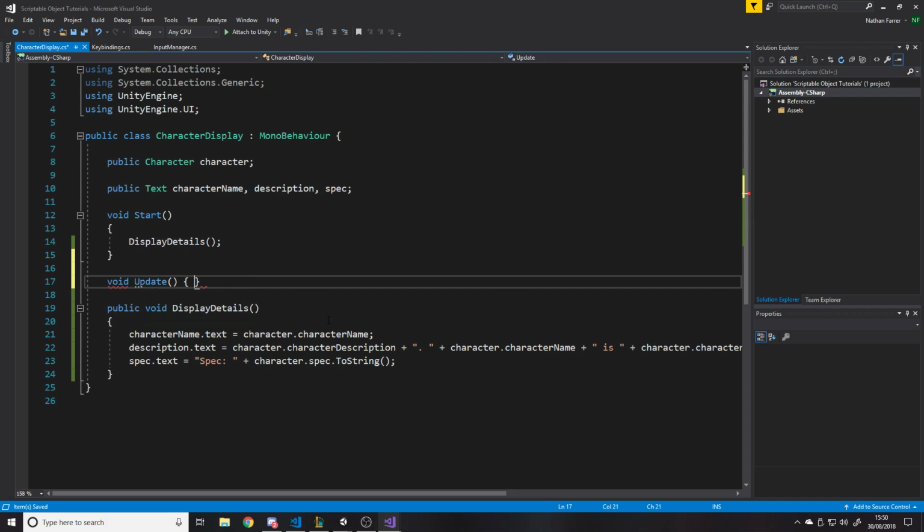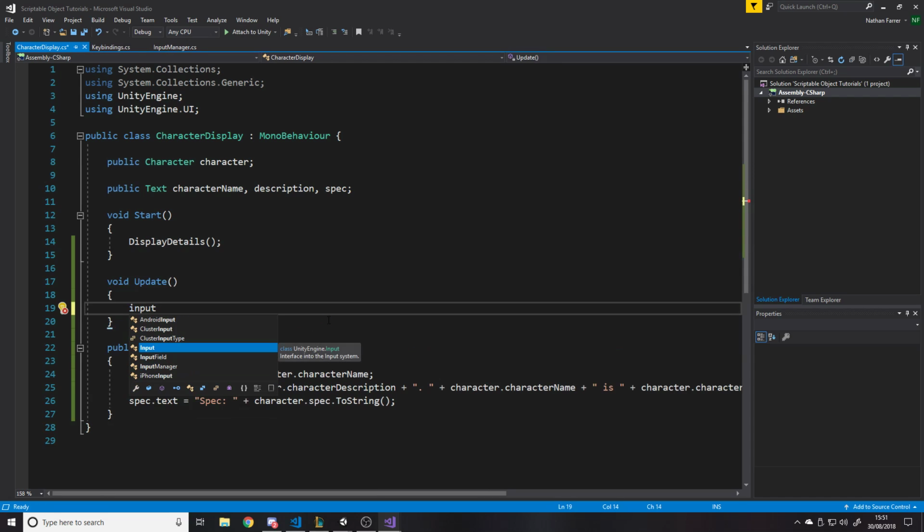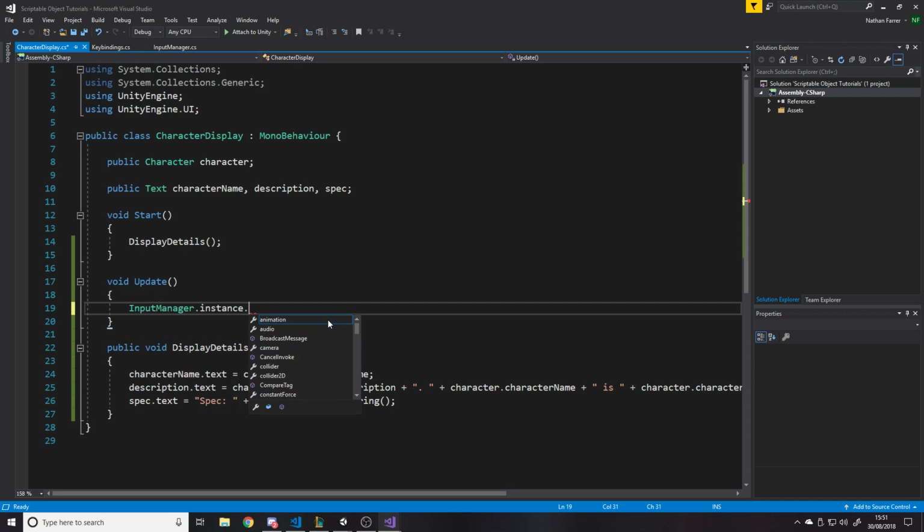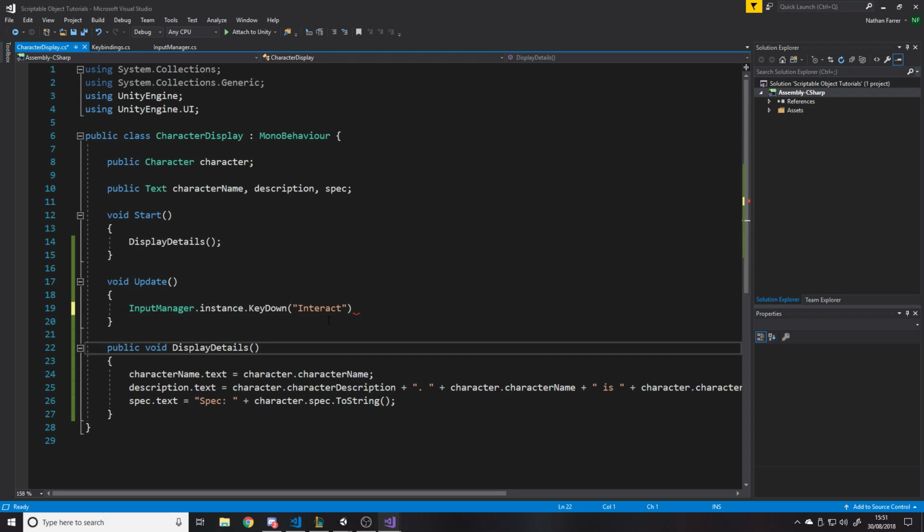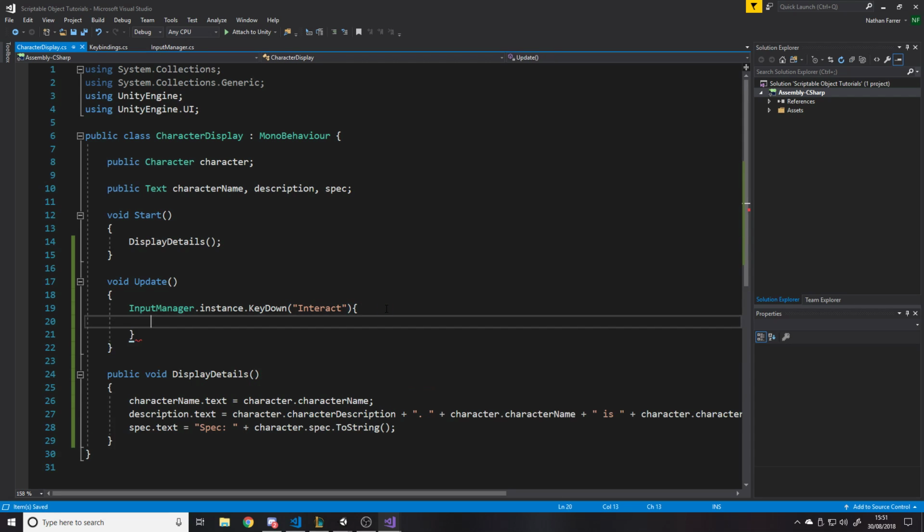So in the update function, rather than doing input.getKeyDown, we're going to say InputManager.Instance.GetKeyDown, and we're going to pass in a string. I haven't actually made one for doing this, so we'll just say interact, right? Why not? We'll say interact. So if we press the interact key,